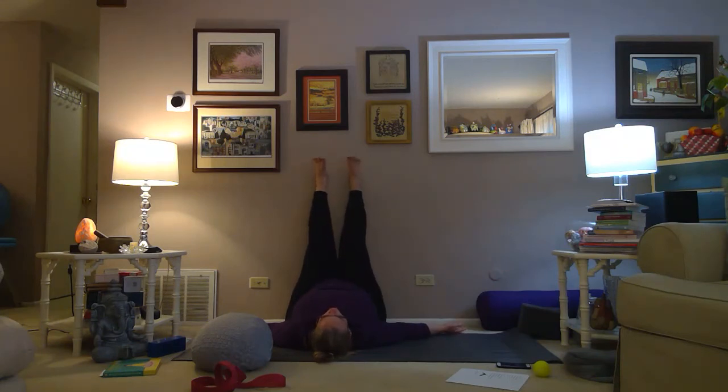Now, I've seen it mentioned throughout yoga literature that this pose, like I said, it's an inversion, and inversions historically and traditionally have the reputation of being restorative poses. This particular pose, legs up the wall, there is a lot of anecdotal evidence, as well as there have been some studies that